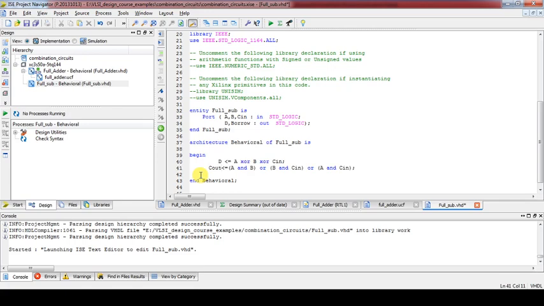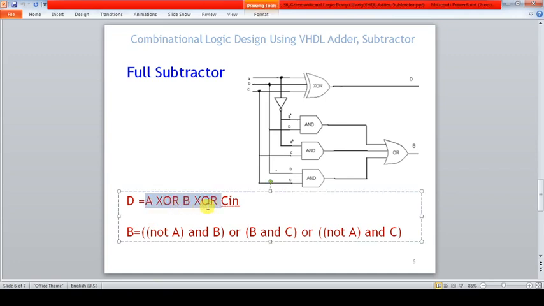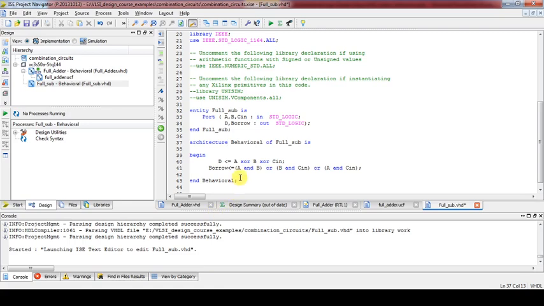Here is the difference, here is the borrow, with the same signal names, A, B, C in. Difference is A XOR B XOR C in, exactly the same Boolean function. Borrow is not of A and B, or B and C, or not of A and B and C in. So let's do it.